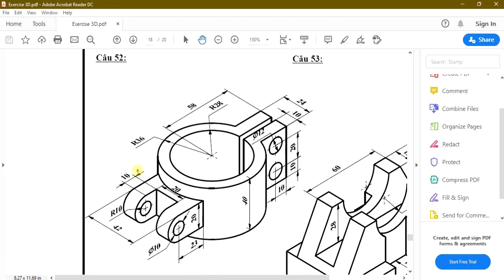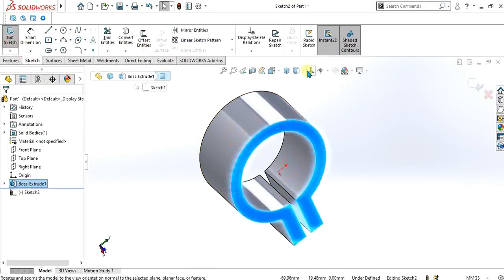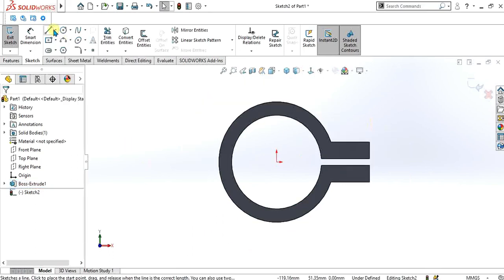Now we are going to make this part. We know that the total distance of this part is 42. First of all we will select this face and we will make the center line.